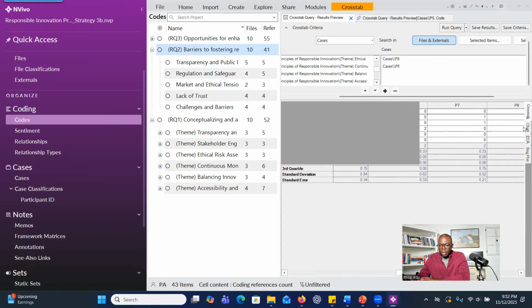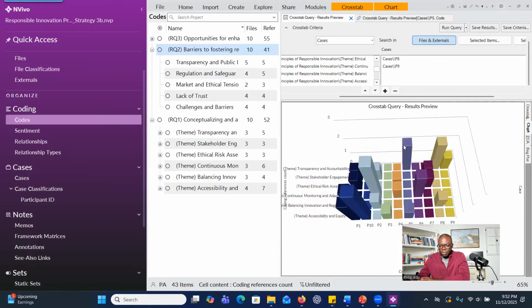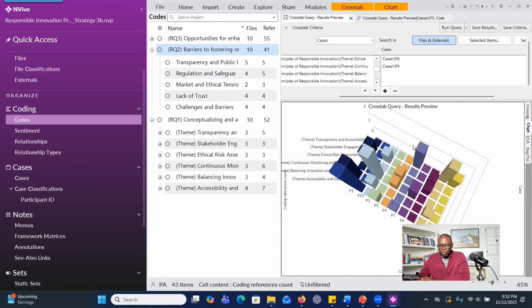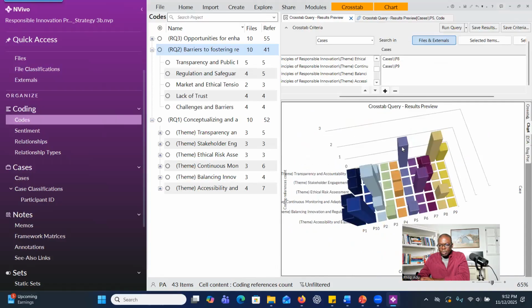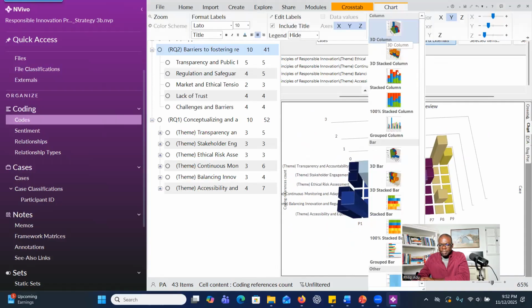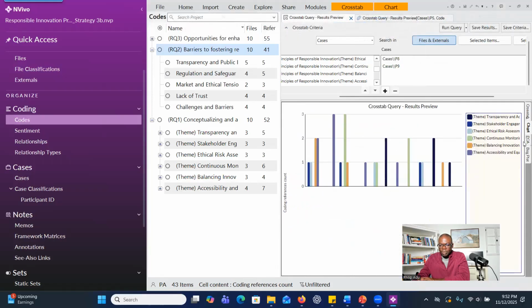You can also click on this part and see the chart. You can move it here, but if you export it, you cannot move it anymore. So if this makes sense to you when you want to present your findings, you can do that. There's an option for you to choose a different chart. If you want, we can choose the simpler one if it makes sense to you. We have